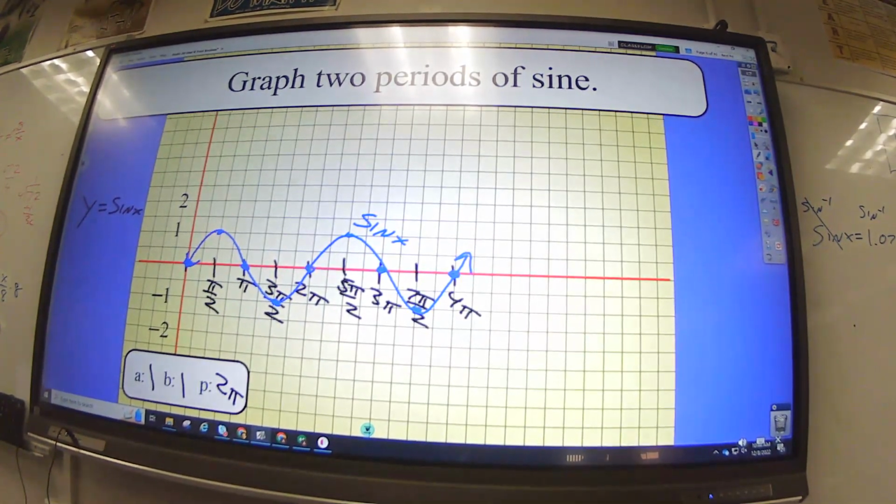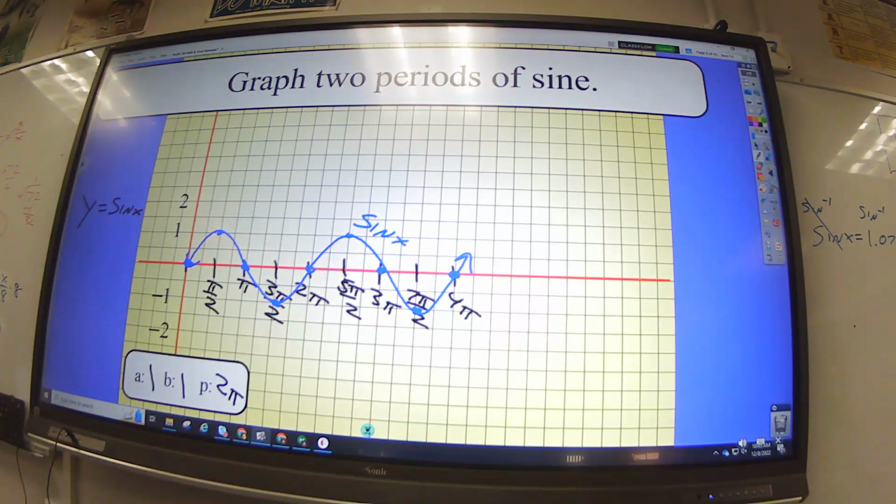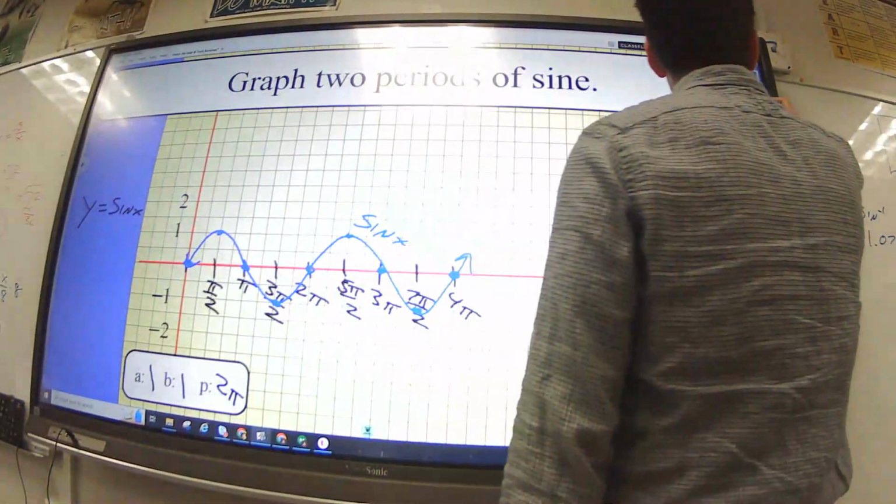Do arrows. You can label it sine of x, and then do the eyeball test. Does it look good? You guys look at it after you do it. You look at all your graphs and say, does it look good? If there's something off, there's something off. I'm moving on because there's a lot more difficult stuff than this.